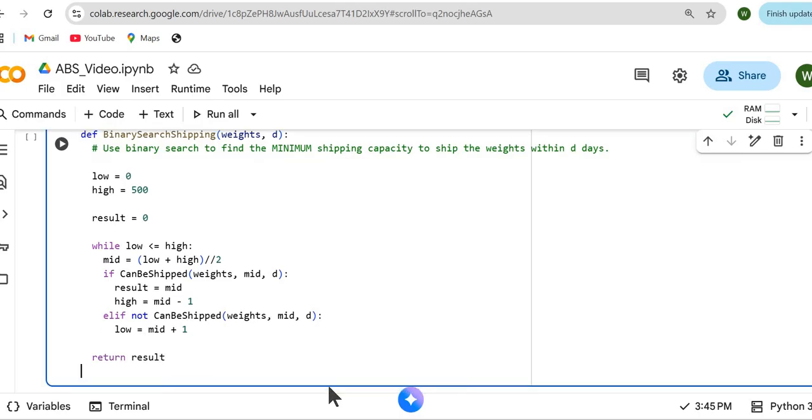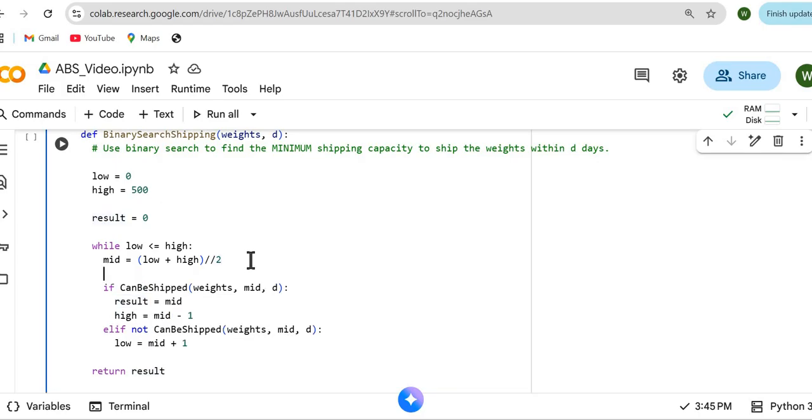Now, this is quite interesting. Notice when I return the result, basically I'm going to find out the least value, because notice I keep pushing the high back. The moment I meet something, I keep pushing the high back. I'll get that result, which is the lowest value at which the shipping could be met. And that's exactly what I was after. So this binary search is a little bit different, but quite concise, quite nicely done, right? So just to sort of understand this,